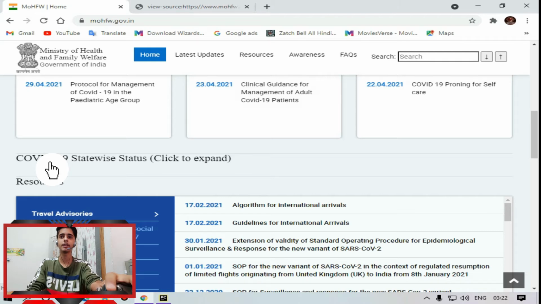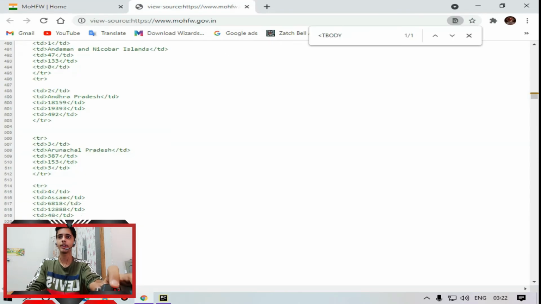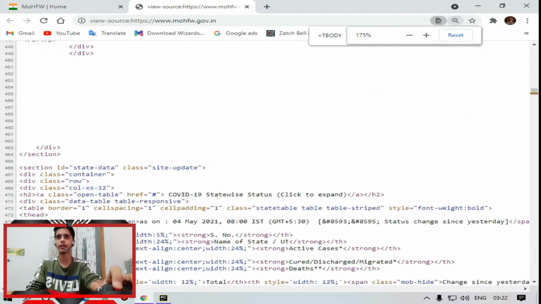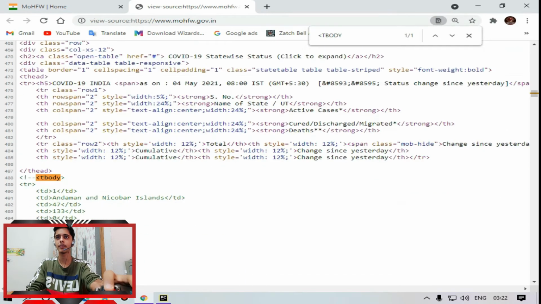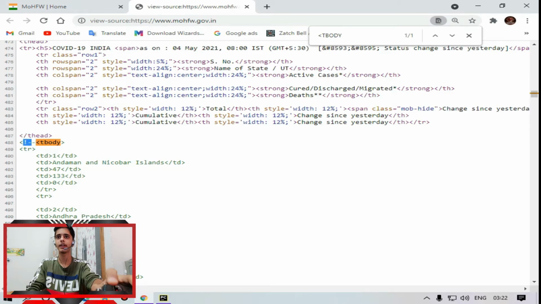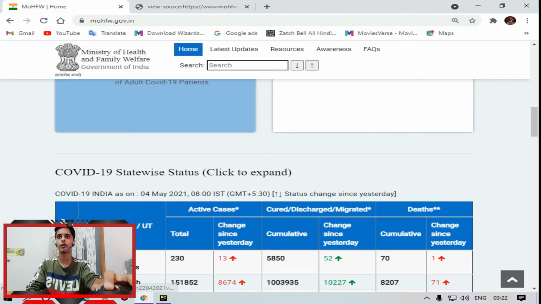Otherwise, if I don't click it, see, it is commented. Where is it? Here. This is a commented HTML tag. If we click on this, it will automatically uncomment.